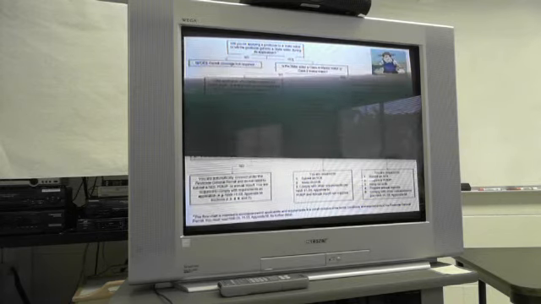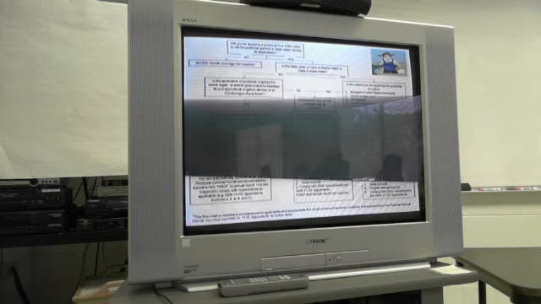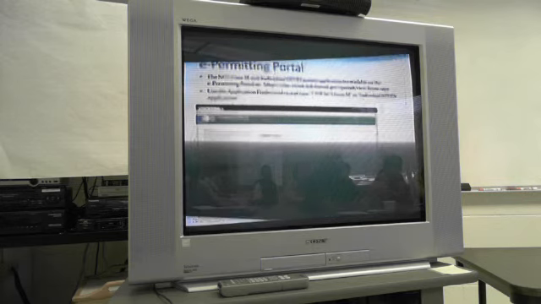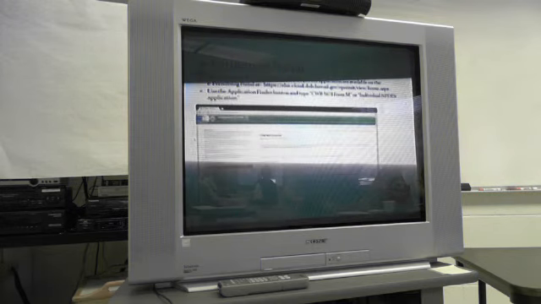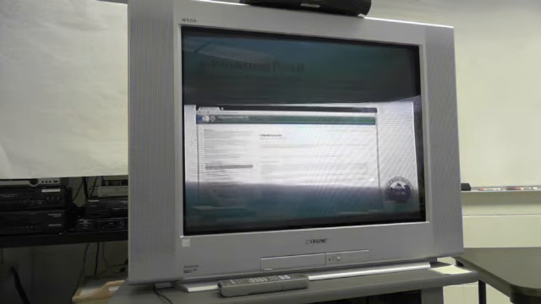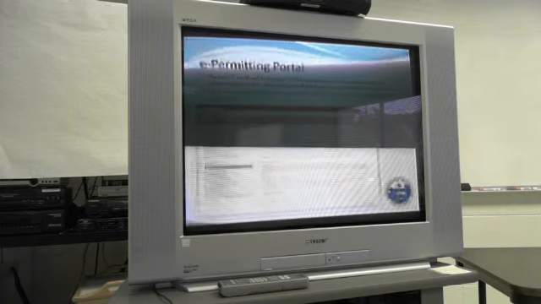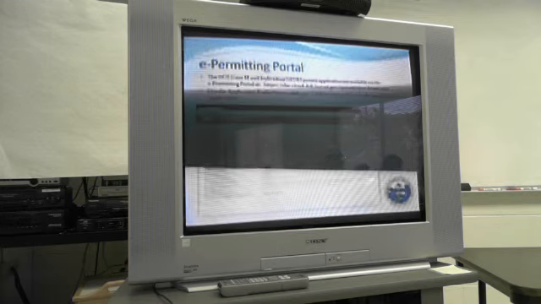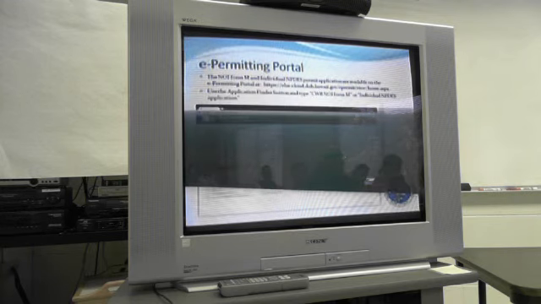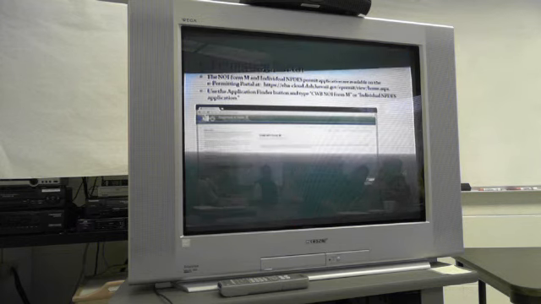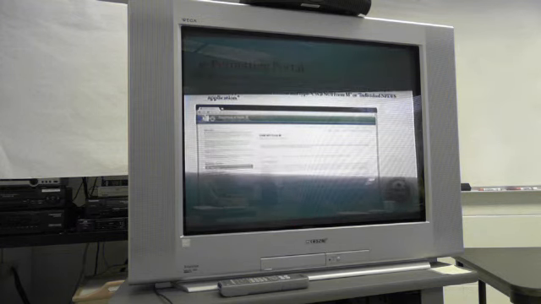The NOI Form M and individual NPDES permit application are available on the e-permitting portal. The web address is shown on your screen. To find these forms in the e-permitting portal, use the Application Finder button and type CWB NOI Form M or individual NPDES application. Then follow the instructions to submit.